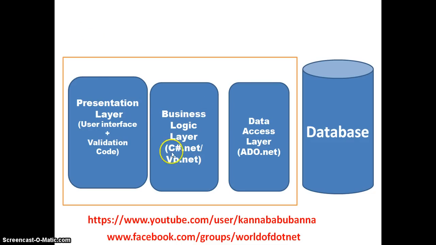This entire designing code will be available in the presentation layer along with validation code. And the business logic code, that is your C#.NET or VB.NET code, will be available in a separate class library or separate class file. And your data access layer, that is your ADO.NET code or Entity Framework code, will be available in a separate file. Is it clear? So in three-tier architecture, the entire application is divided into three layers as we discussed right now. So here you can see, in order to understand in a better manner,